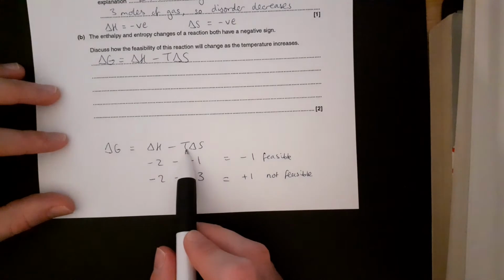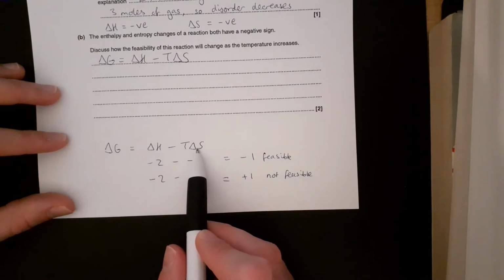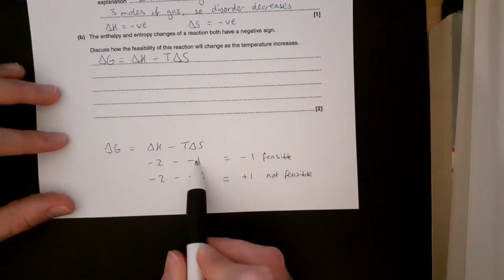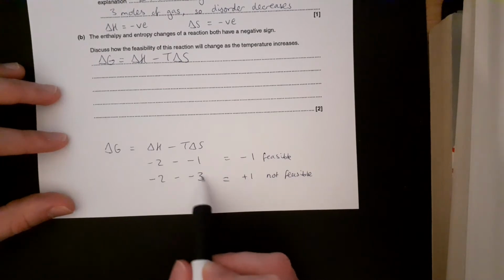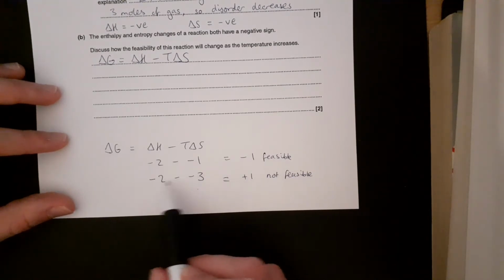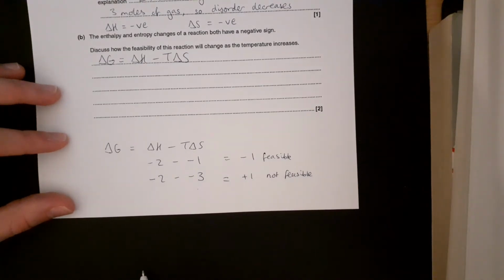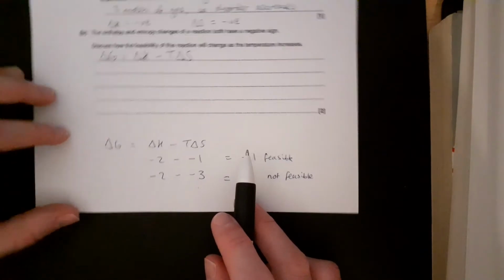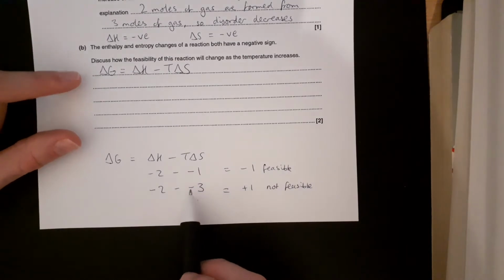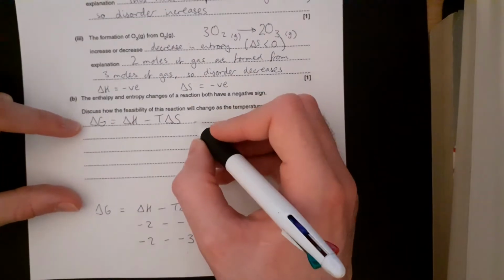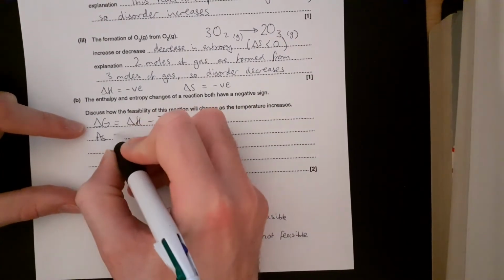Okay, so as the temperature gets bigger, it's going to multiply the value of delta S, make this number into a bigger negative number, and therefore that's going to end up making delta G less feasible by the time you calculate it. Okay, so how are we going to word that? We need to be a little bit careful because we've got negative numbers with how we word this. So we want to say as the temperature increases,